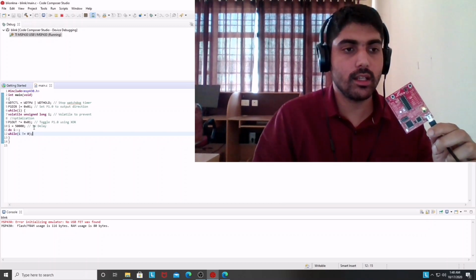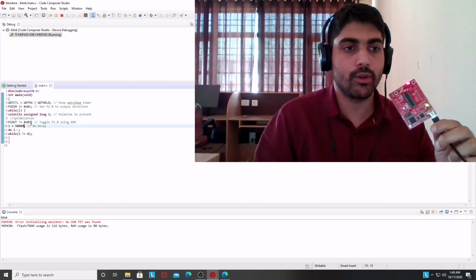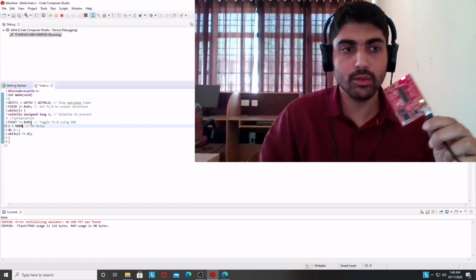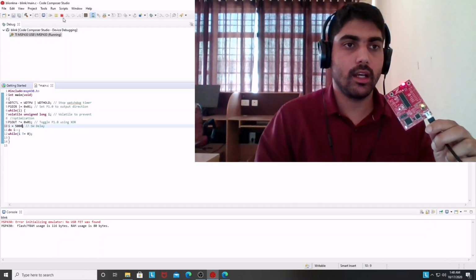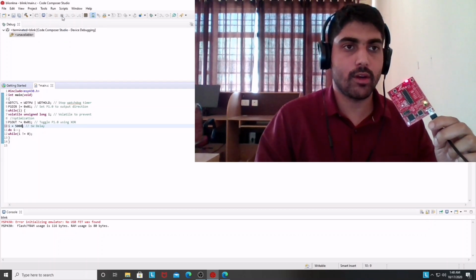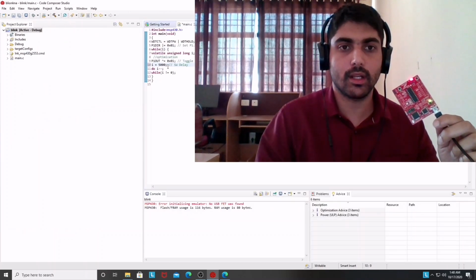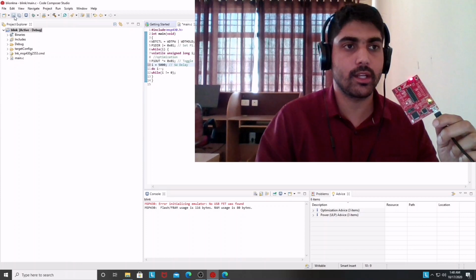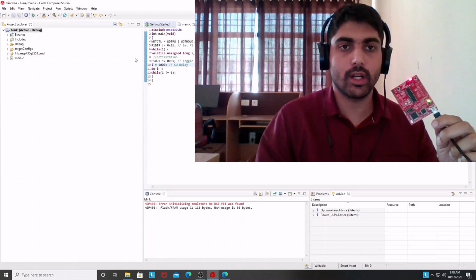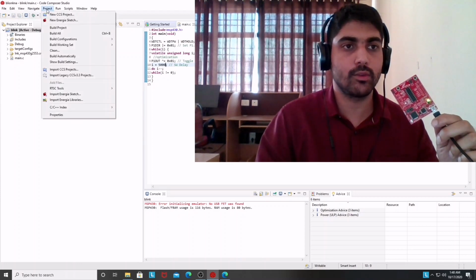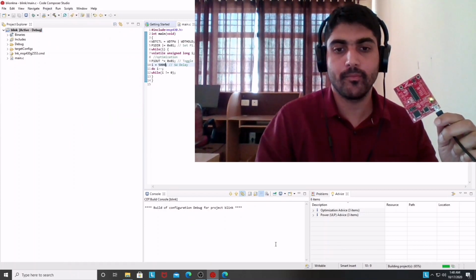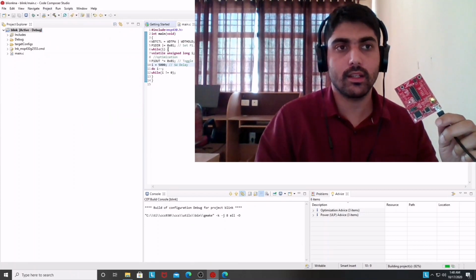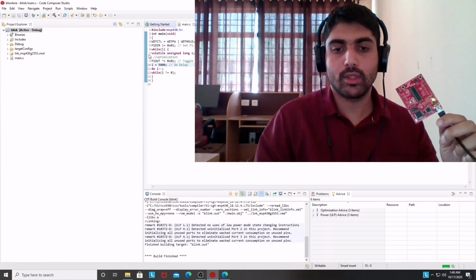You can also change the timing here, as right now I am giving the 50,000 value. If you reduce this value to, for example, 5,000, you first have to stop it, then you put in 5,000 and save it. This program will now be saved to main C, and you will process all those steps again. That is, first to build, and once you finish building it, you will do the debugging.